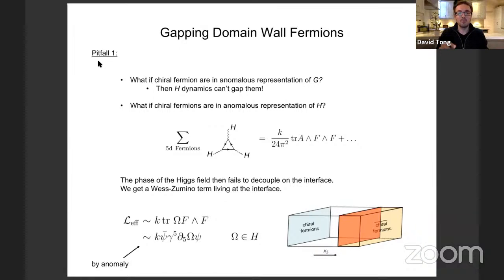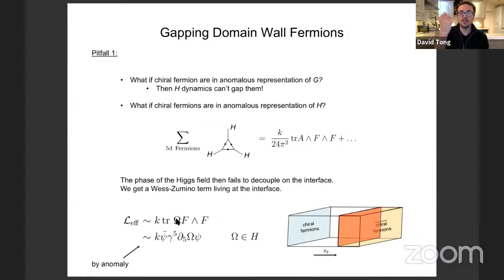Now, because of the presence of that Chern-Simons term, when you Higgs, you don't quite decouple the Higgs field. In fact, you don't decouple the phase of the Higgs field. What happens is where the Higgs field has its profile, you'll end up with a Wess-Zumino term that sits there. The Wess-Zumino term is necessary in order to capture the anomaly of H. So sitting on this orange slice, which is where the profile of the Higgs field was, you'll get a Wess-Zumino term of this form where